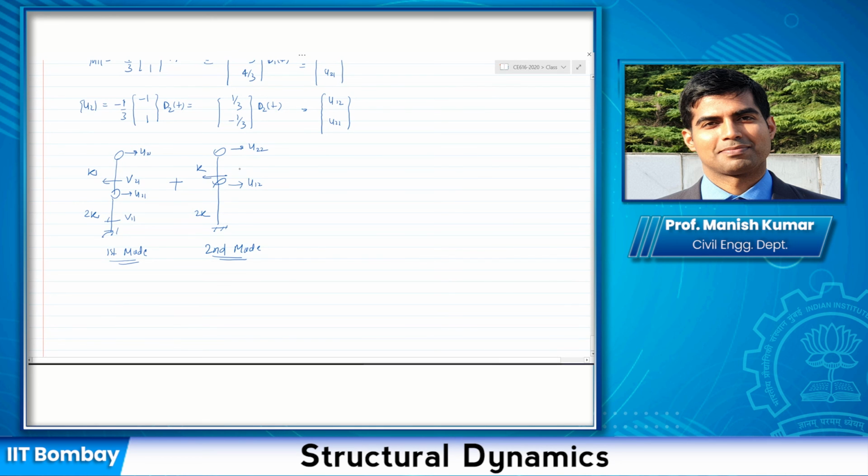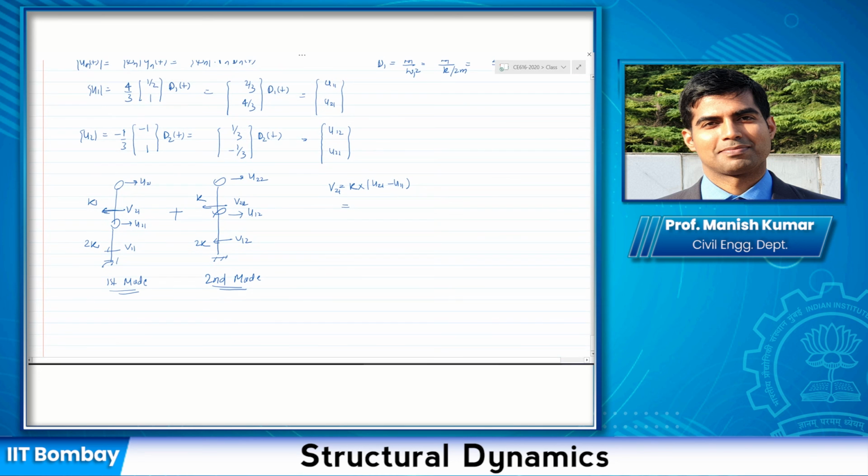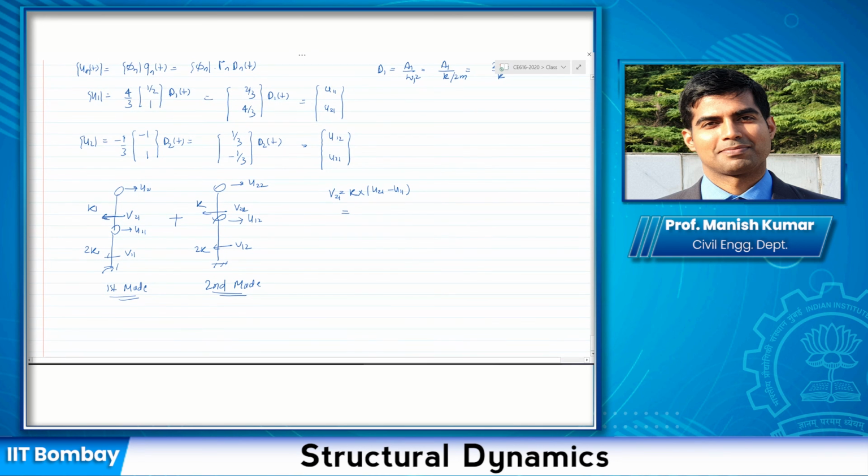Similarly, V22 and V12 would be, remember, V21, that is here, would be the story stiffness, which is K, times the story drift, which is U21 minus U11. So U21 minus U11 would be 4 by 3 minus 2 by 3. So it is K times 2 by 3